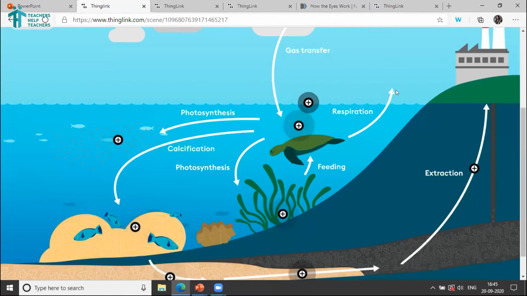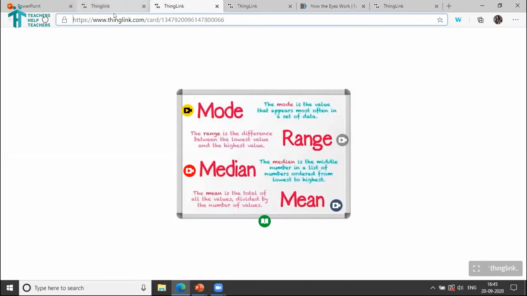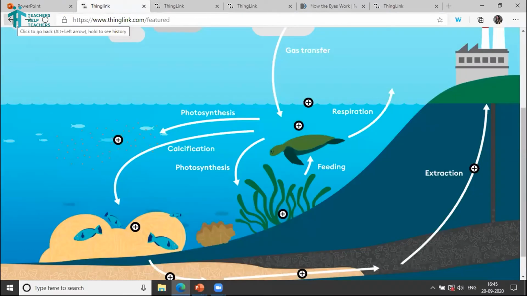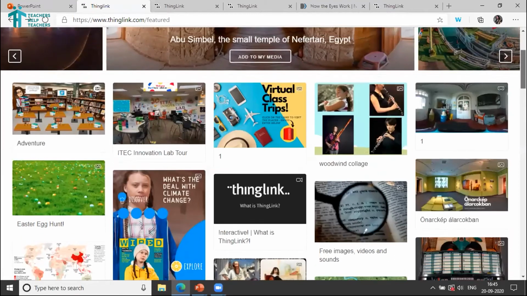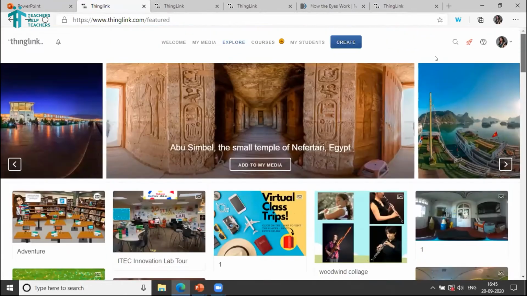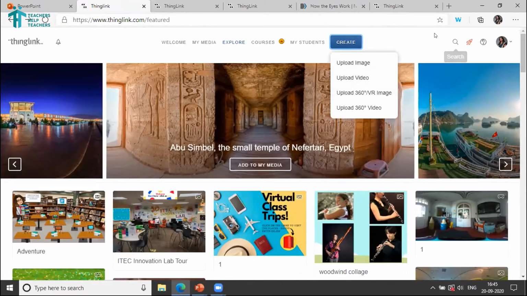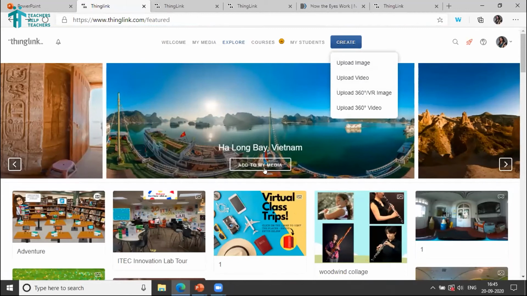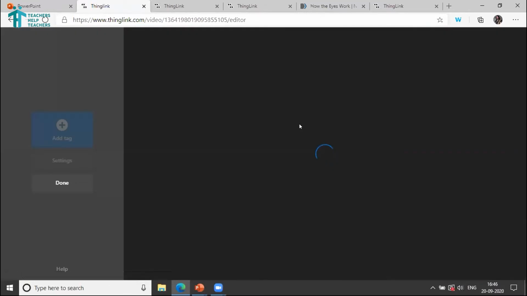This one is again a picture. Let us start doing it for a video and let us see how it works out. I will not have any 360 video actually, so what we can do is take one of these only and practice it. I'm just taking one video which is given here. I can click on add to media and it adds it to my media. So start editing. We can see this is a 360.